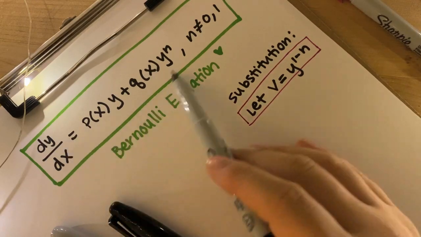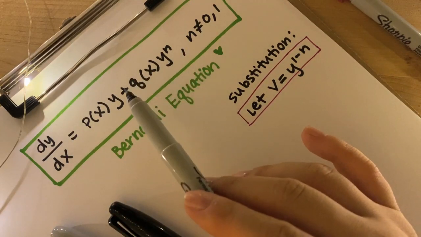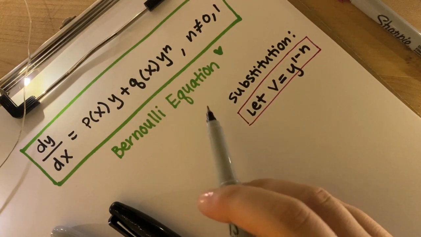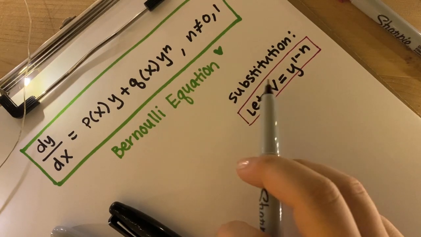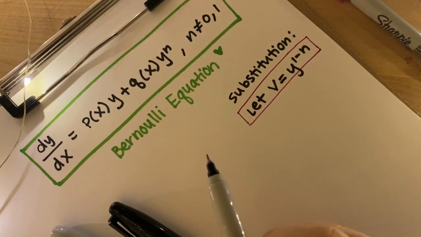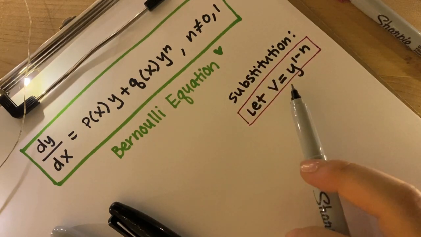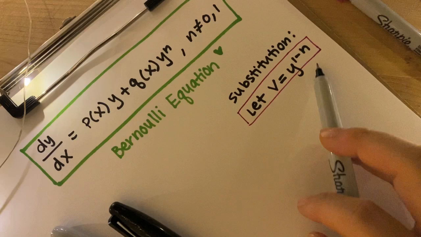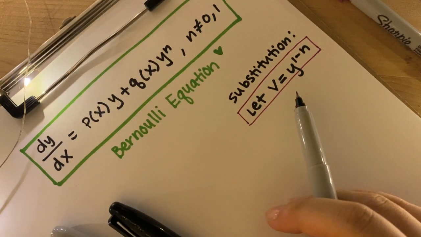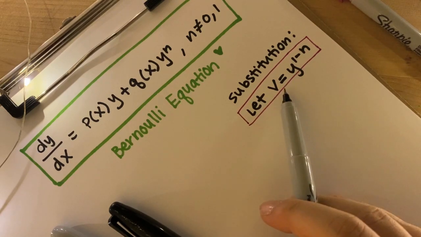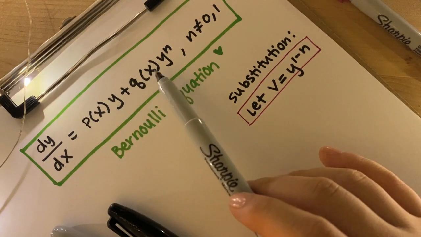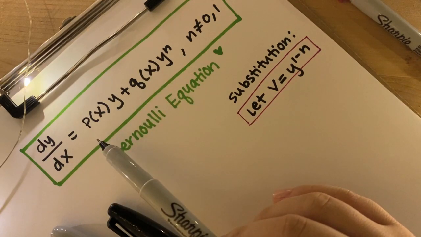So if this thing can somehow be equivalent to a linear first order one in terms of v, then we can use our methods to find the solution for v, and then use the substitution back to find y again. And the reason that this is really clever, to build a little bit of intuition, but what I'll actually show is that it is indeed linear, is that if we just take this formula and divide all the way through by y to the n,